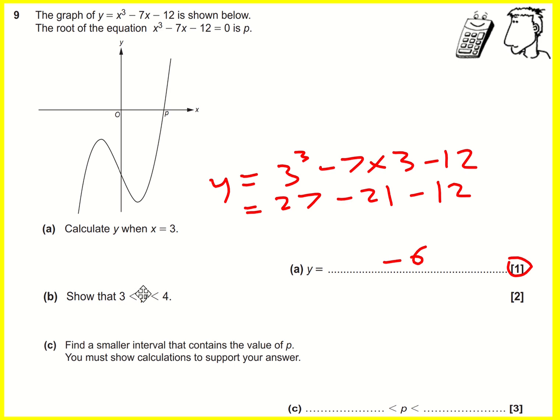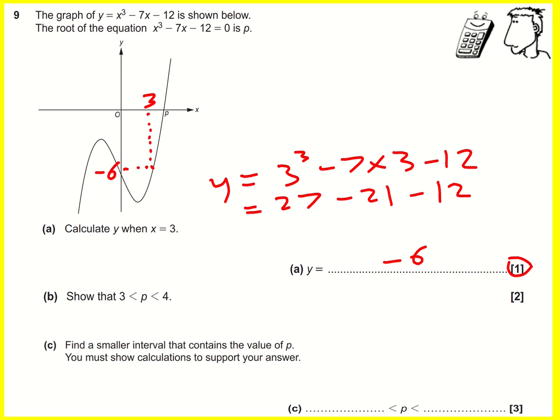Show that p is between 3 and 4. Well, how are we going to do that? We don't want to solve the cubic, do we? It's 2 marks. Aha! This is linking into the sign change rule, because we've shown when p is 3 that we get a negative,